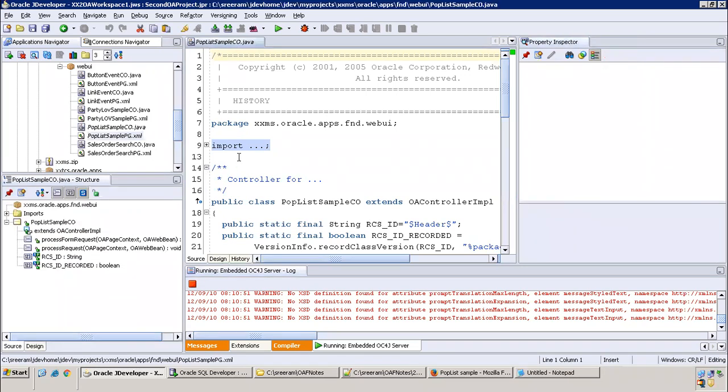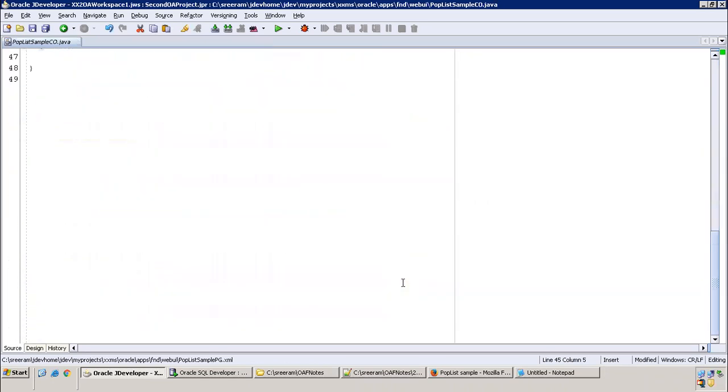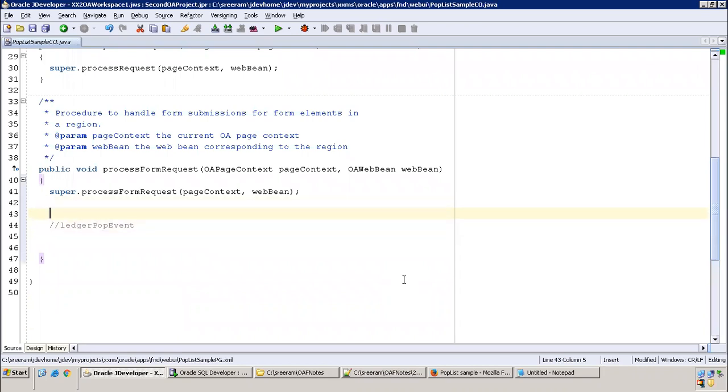So what we have to do, go to process form request. Event param str is equal to page context dot get parameter. Okay.